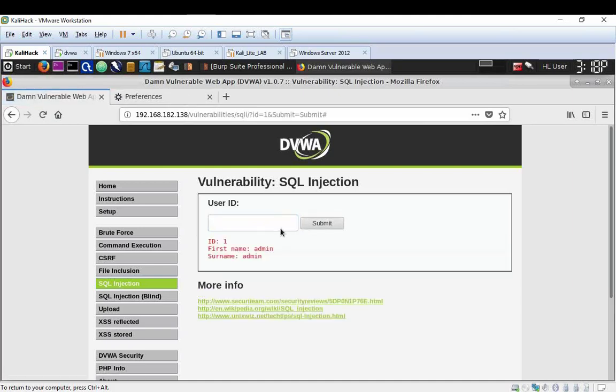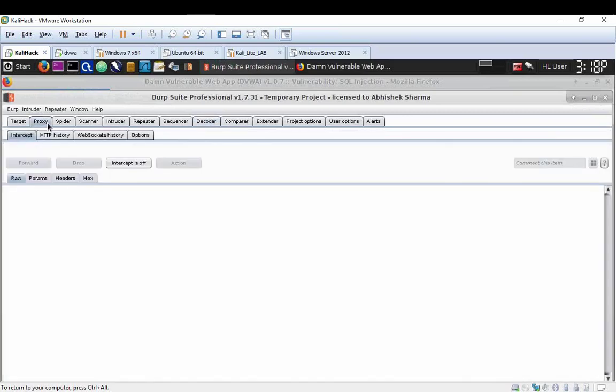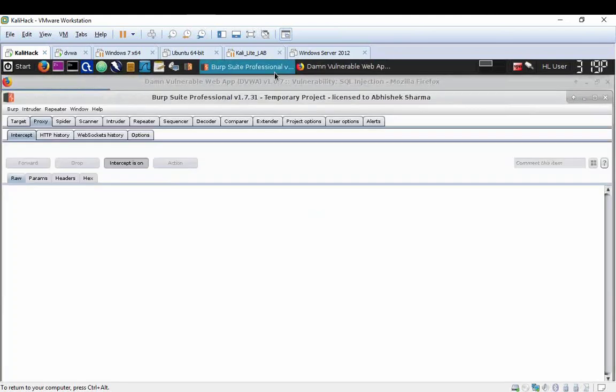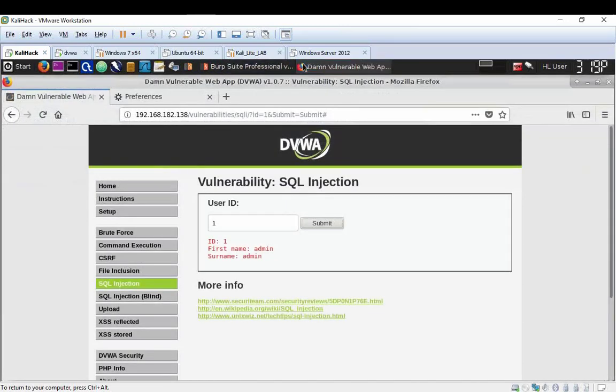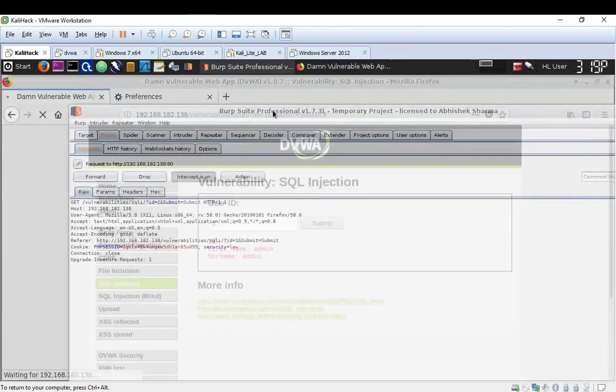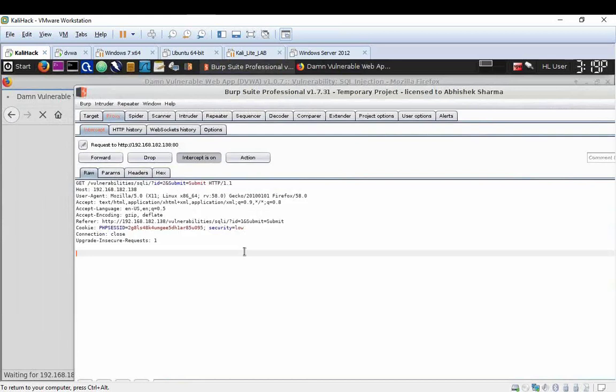I'm getting this because the intercept is off here. So let me turn on the intercept and query this one. Here you can see that we got the